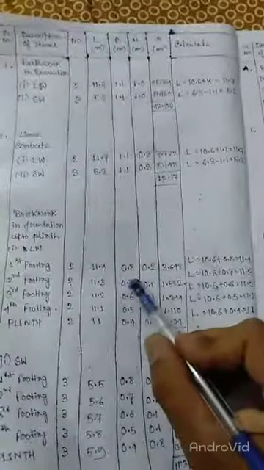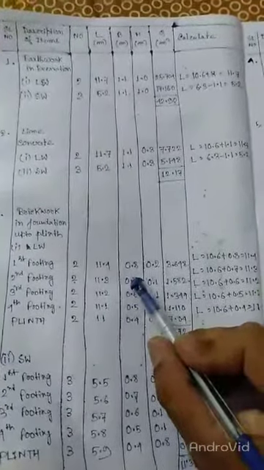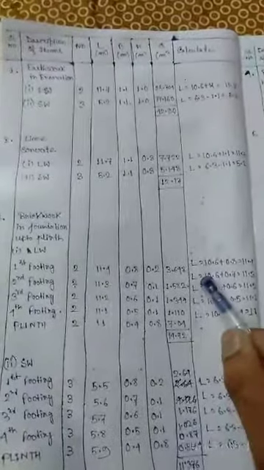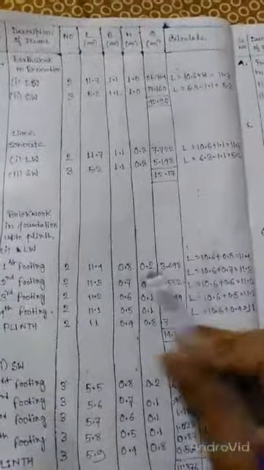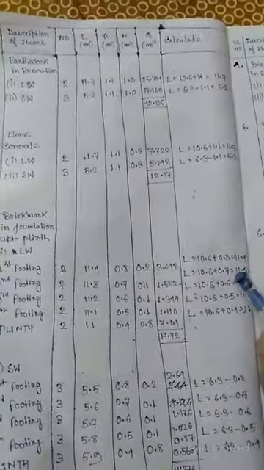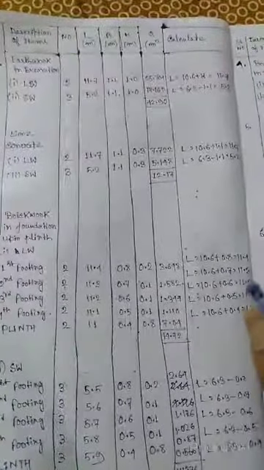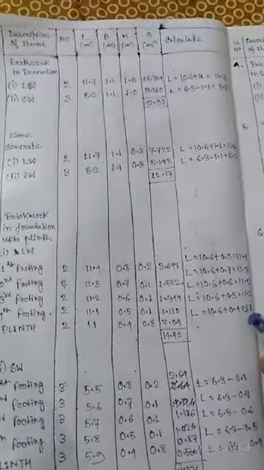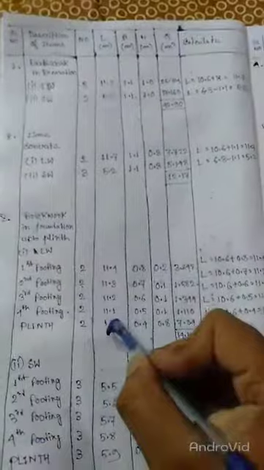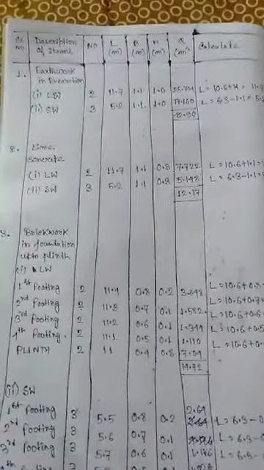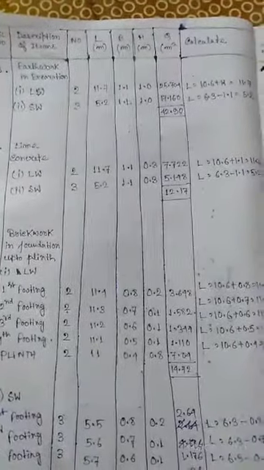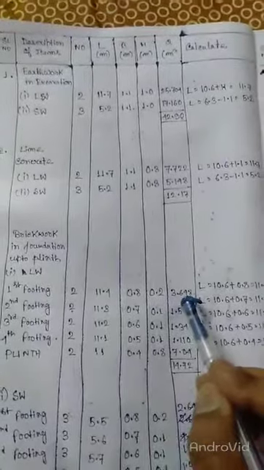Next one is the width of the footings. The next step is 0.7 meter, and the center to center distance is 10.6 meter. So you have to add this to your center to center distance, and it will become 11.3. Like this, that is 11.2, 11.1, and 11 for plinth. And you have to write here the total length, and then when we multiply all this, we will get the quantity.